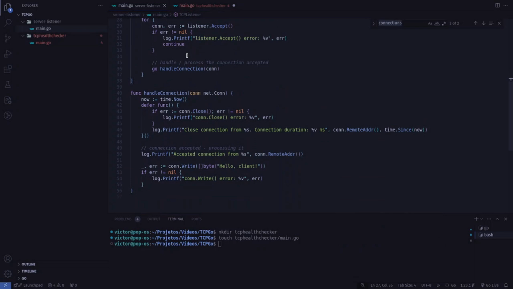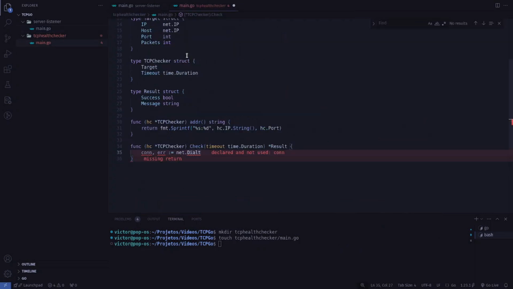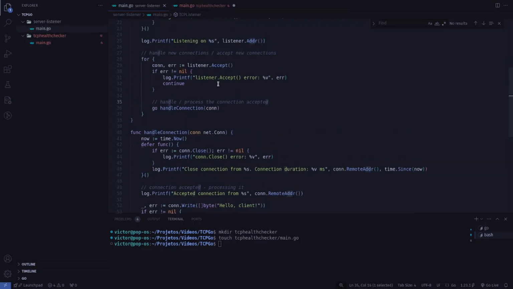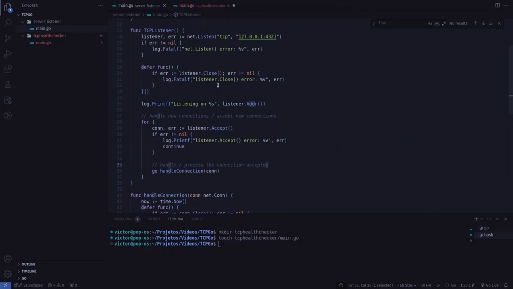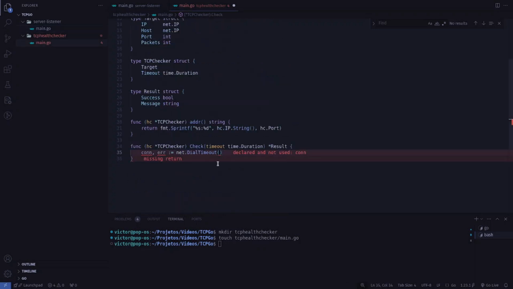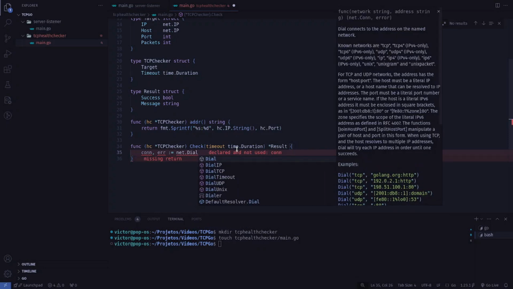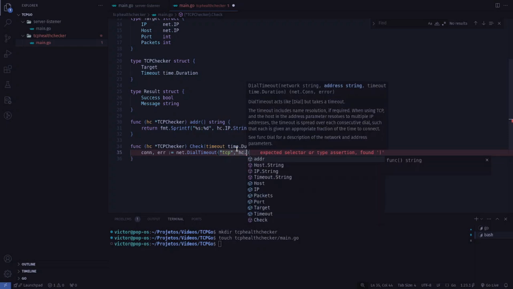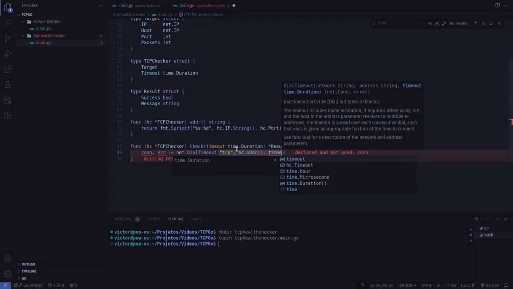But yeah, the dial timeout will help me create a dialer, which in this case is a client. In this case, we saw how to make a listener or a server. So this is the client or dialer method. You can create a client using only dial, but we do want this dial timeout function, so we can use a timeout. Okay, so yeah, it's not a big deal. Let's specify TCP, the address that we want to connect to,